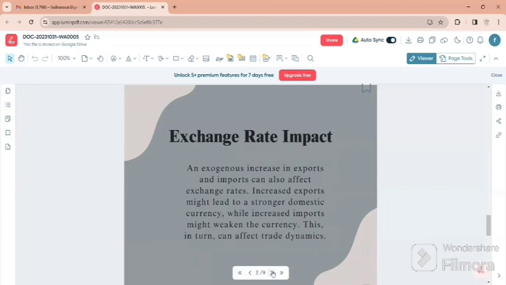Okay, so an exogenous increase in exports and imports can also affect exchange rates. Increased exports might lead to a stronger domestic currency, while increased imports might weaken the currency. This, in turn, can affect trade dynamics. Okay, moving forward,